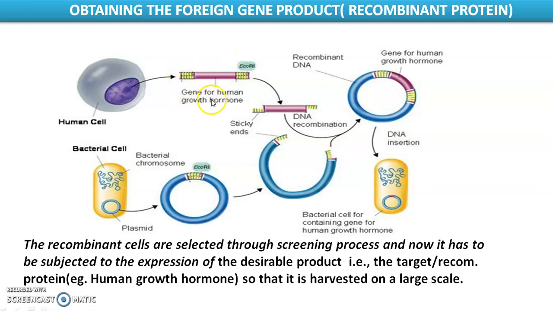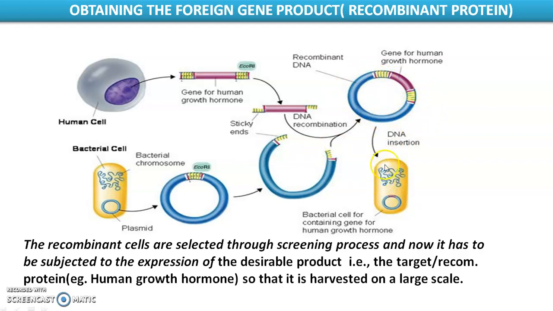So we get the gene of interest, and we get the vector which will carry our gene of interest. The vector could be a plasmid from a bacterial cell. So it will carry the desirable gene of interest. We have talked about how recognition sequences are cleaved by a particular restriction enzyme, for both the vector as well as the gene of interest, cleaved by the same enzyme. So sticky ends are created, all this is done. So we ligate it and the recombinant DNA can be introduced into the host cell by making the host cells